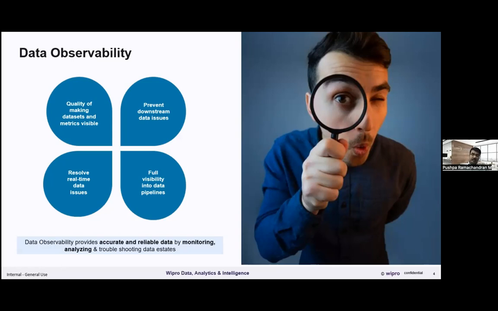And that's where data observability helps a big time. Data observability is not only about monitoring and alerting on the change or the drift that is happening, but it is also, more importantly, about analyzing the root causes and recommending the appropriate actions as well. That's where the full power of data observability comes into the picture.